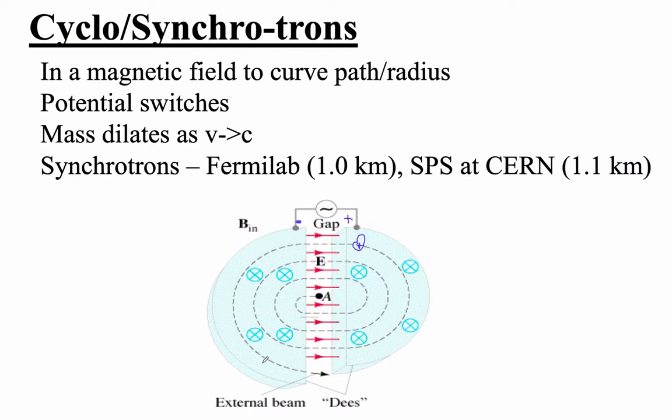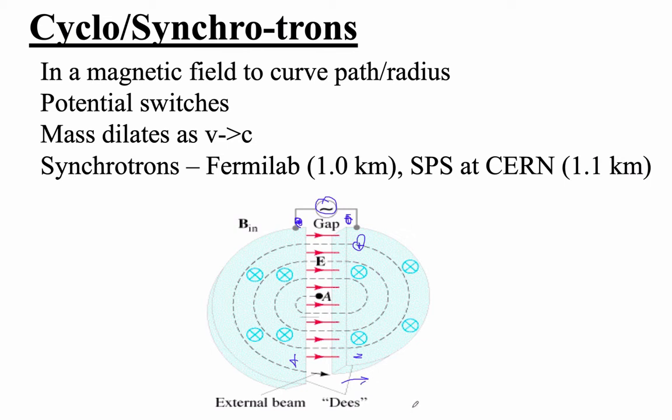Whilst the proton is traversing this path here, we switch the polarity. That's what this little squiggle sign means, right? So that this side's positive, this side's negative. Every time that proton reaches that gap, it always has a negative in front of it and a positive behind it, and it accelerates across that gap. Now, because it's accelerating, it spirals to the outside because it's going faster and faster, and eventually it exits the